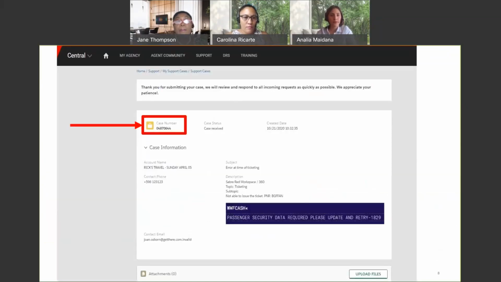Right, so my next screen will tell you how to check this. Right now it says case received, but how do you know if somebody's actioning it? If somebody's looking at it, or if you have to escalate it. So the next screen,